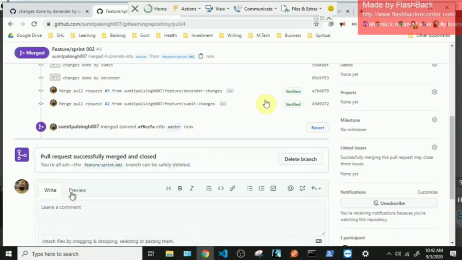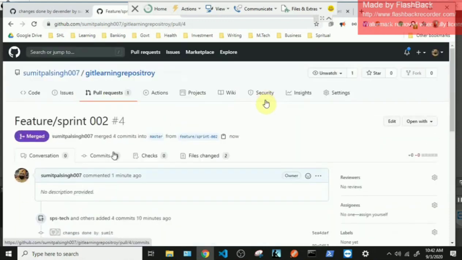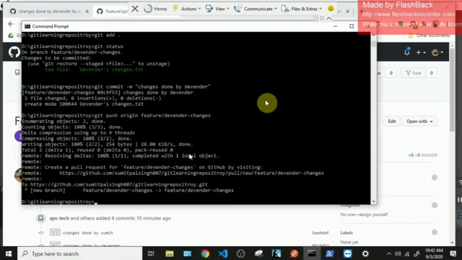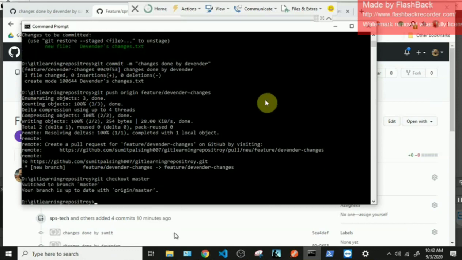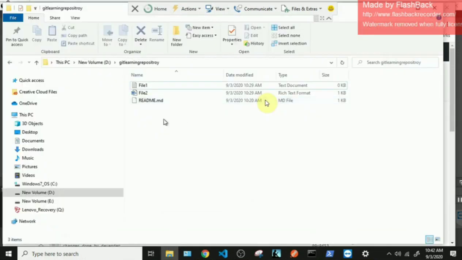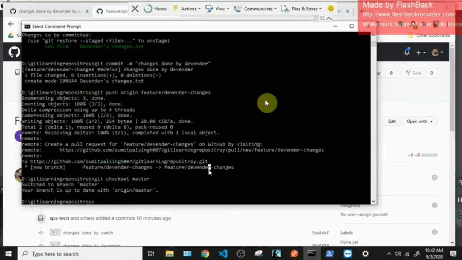Now if I go back to my master branch in my local, git checkout master, and if I check here, only file1 and file2 are present, because we have not taken a pull. Because it is a local copy, if I take a pull now, git pull, it will get the latest replica from the GitHub server.